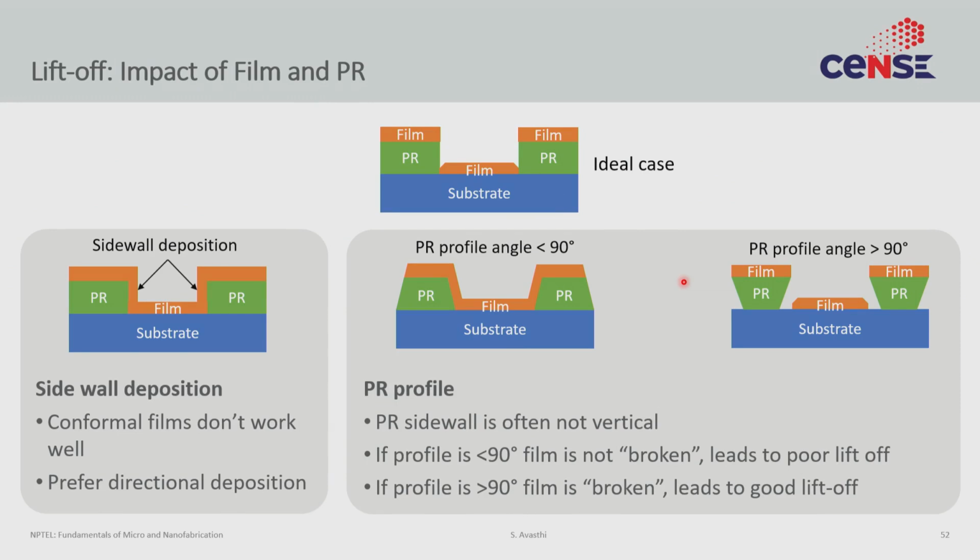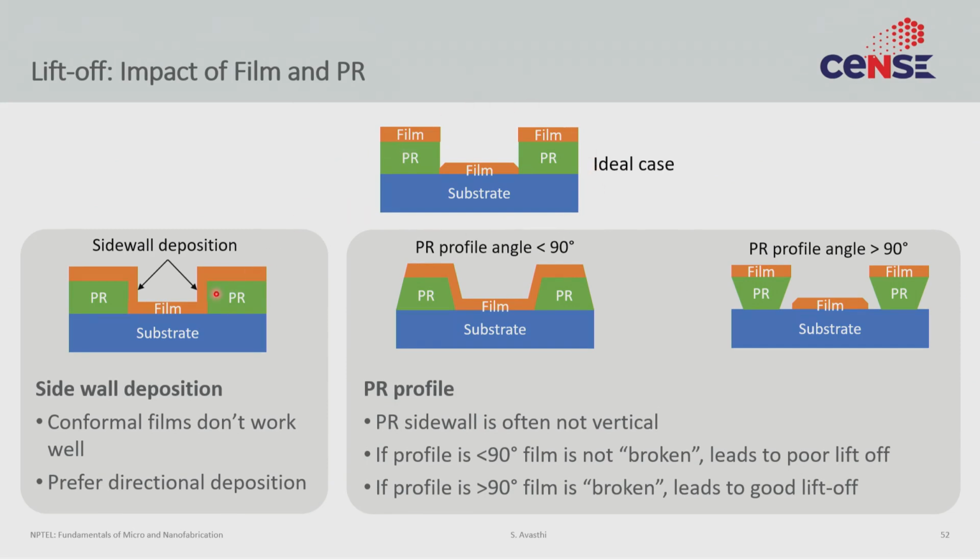So we only get platinum deposited where there is no photoresist. And of course, in this case, there is no etching, right? You just do lithography, deposition, removal of photoresist. There is no etching step. However, this seems very easy, seems like the thing to do, but there are some challenges. So this is the ideal case that you hope to expect.